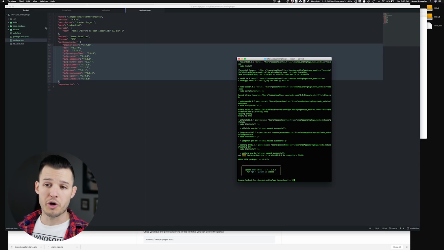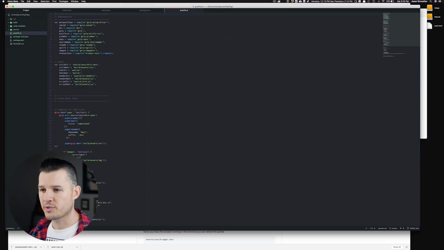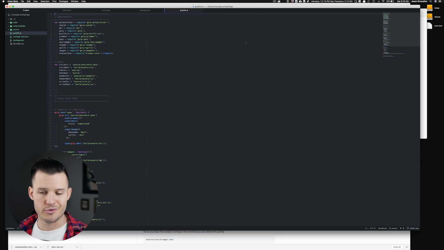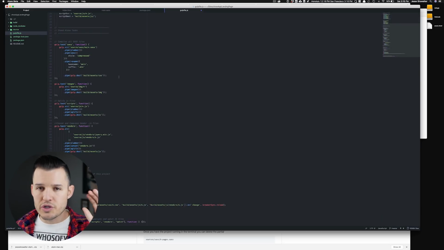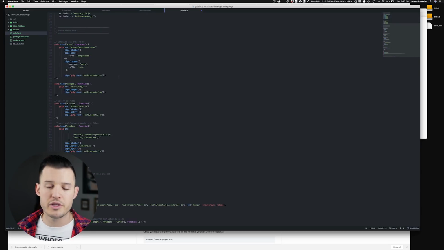Now we're going to look at our Gulp file and see what kind of things we're going to be doing with this task runner. What is a task runner? Why do we need one? Yada, yada, yada, all that kind of stuff. When we open up our gulp.js file, you'll see basically a JavaScript file. That's what it is. And if you don't write JavaScript, don't worry about it. You don't have to yet. I'm going to explain what each of these things is doing.